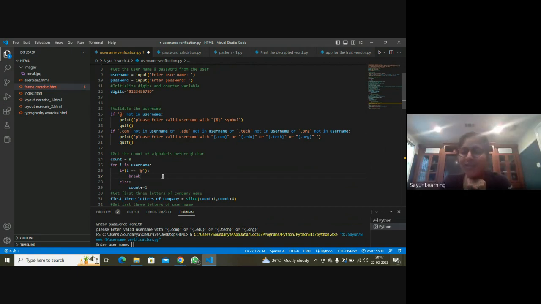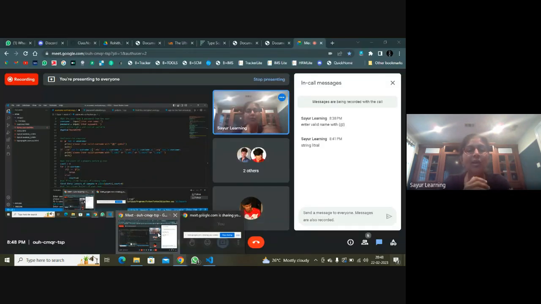Exactly. So what you want to check is that each and everything has to be true. That is what you should do first. You cannot just go put an else here. Anytime you see something that you think is wrong within your if statement, the first thing you do is check your condition, especially when you are using multiple ors or ands. If you have too many ors and ands, you have to sit down, pay attention, and think what happens. That by itself is a huge exercise. So, okay, go ahead. Now you change it.